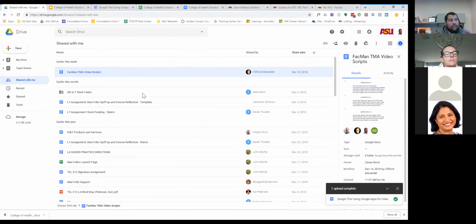So that covers pretty much the Drive and the sharing instances. Does anybody have any questions before I move on to using this in Canvas or other ways you can use this with your students? Okay, so in Canvas,